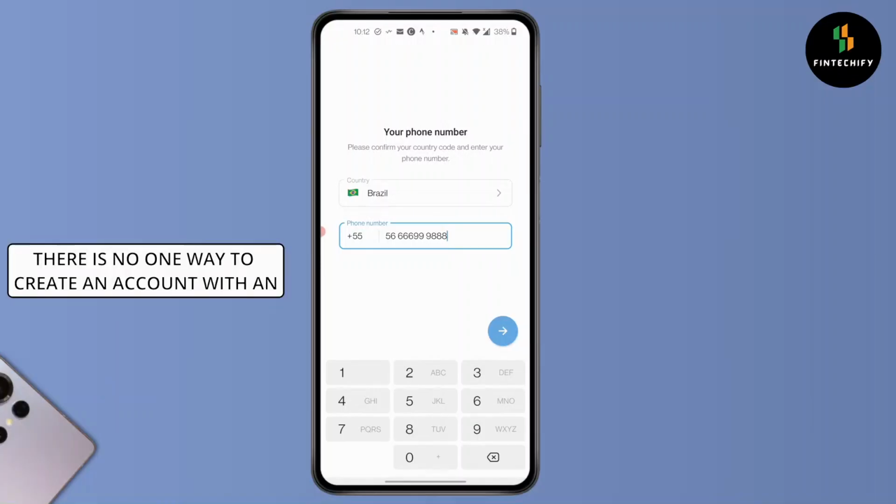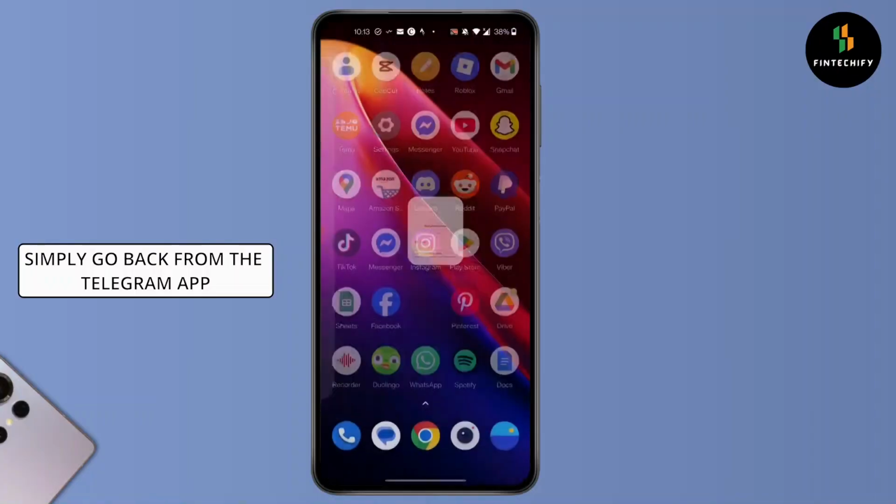There is no one way to create an account with an email. You will need a phone number. But if you don't have a phone number, what you can do is simply go back from the Telegram app,